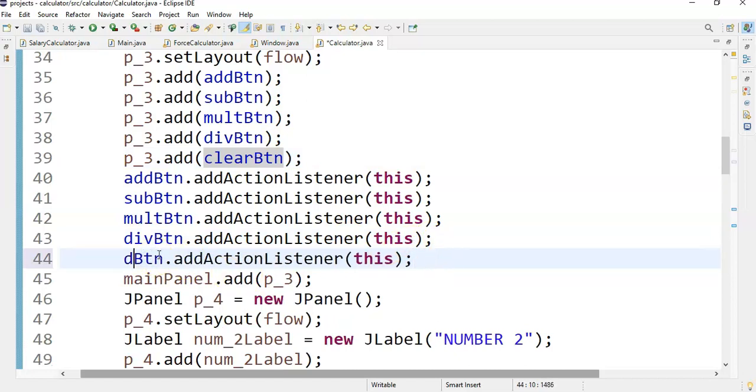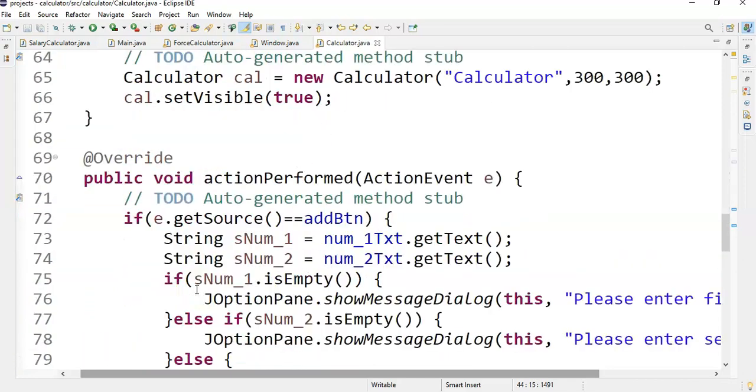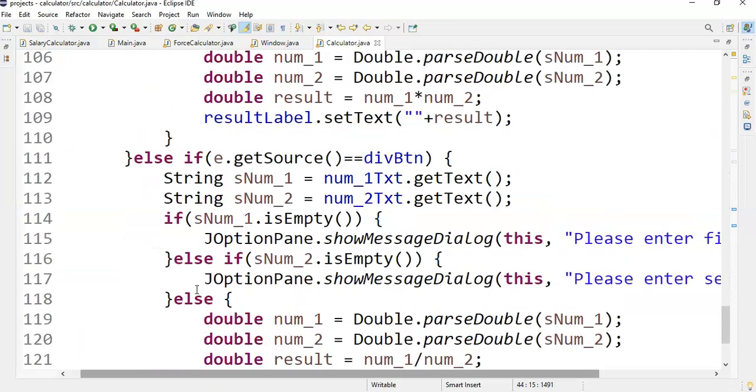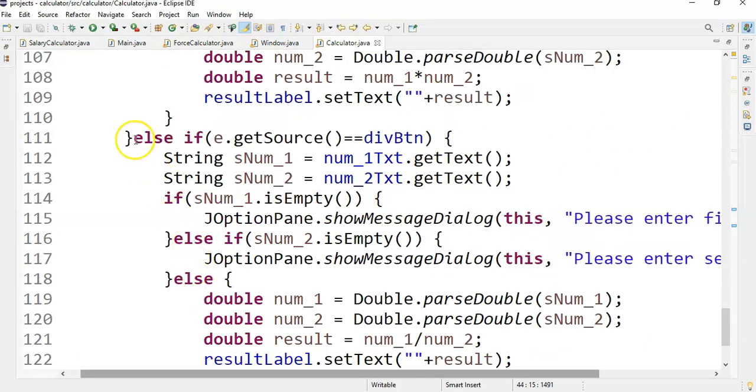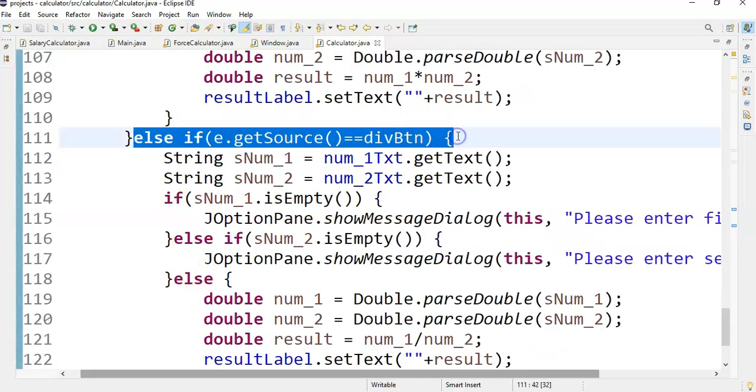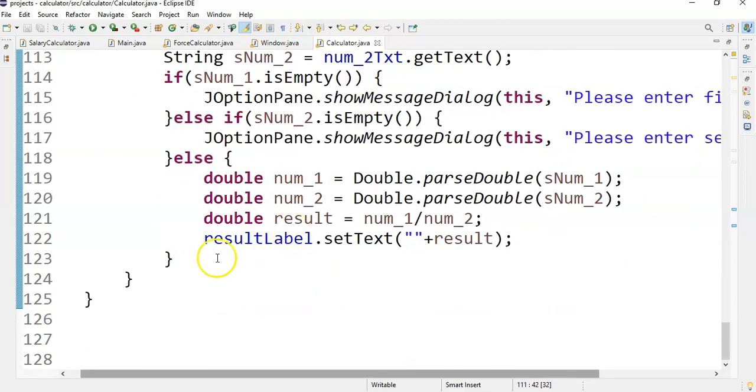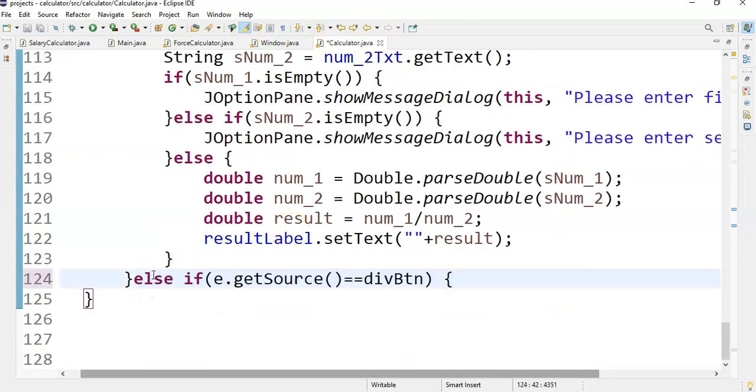So clear everything. And I add the action performed. So when the button is clicked, else if the button is clear,